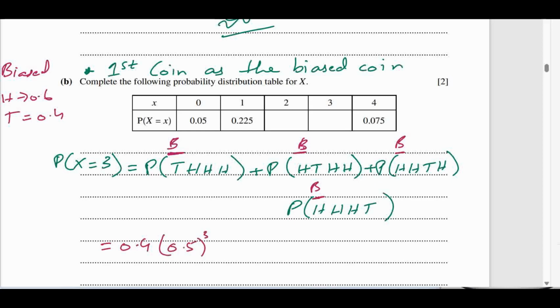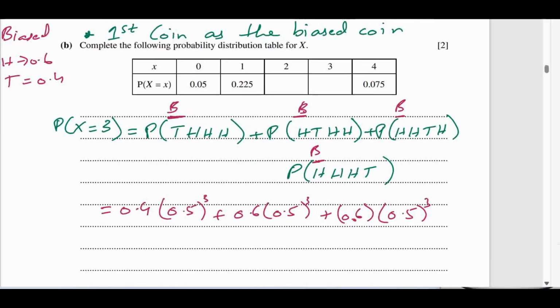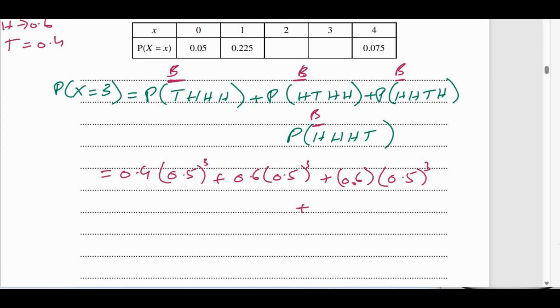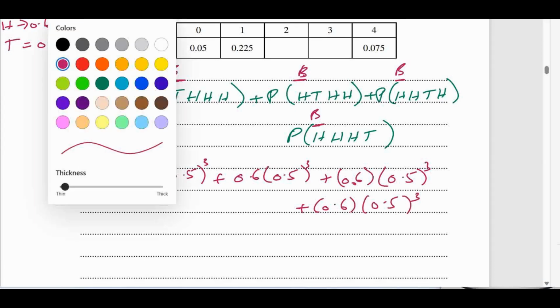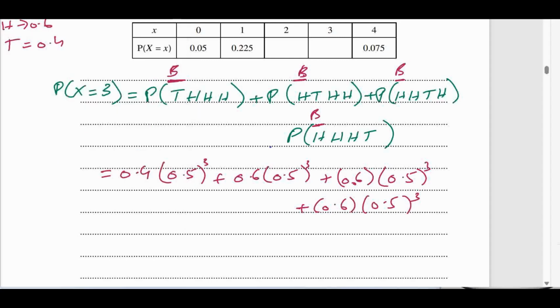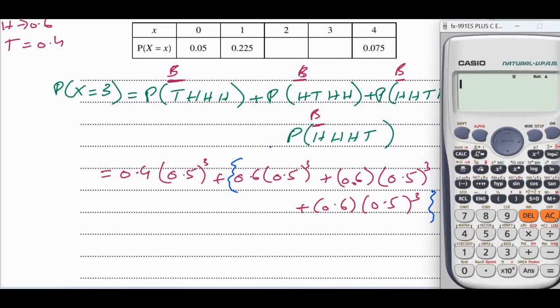प्लस अगेन देखें तो प्रोबेबिलिटी ऑफ हेड 22 कॉइन का हेड है सो 0.6 इंटू, तीनों की प्रोबेबिलिटी सेम है, क्यूब, प्लस अगेन देखें तो 22 कॉइन है, सो 0.6 into 0.5 cube. Then the last one, first one head आ रहा है आपके पास, so 0.6 into 0.5 cube. अच्छा, एक चीज़ अब इसमें आप नोट कर सकते हैं कि आपके पास ये तीनों सेम हैं, सो हम इनको फाइंड करके मल्टीप्लाई बाय 3 कर सकते हैं. सो लेट्स सी दैट